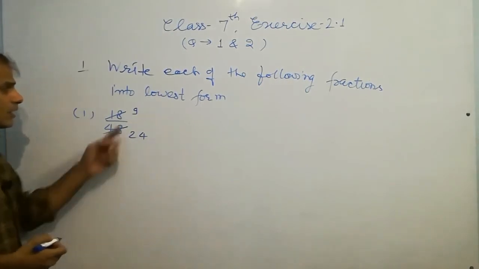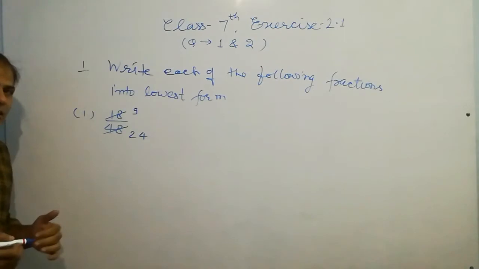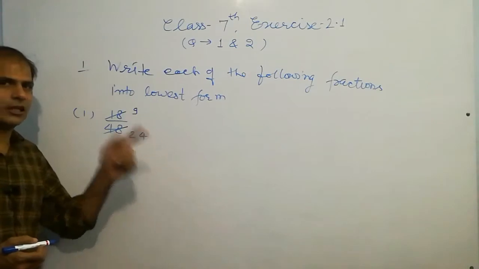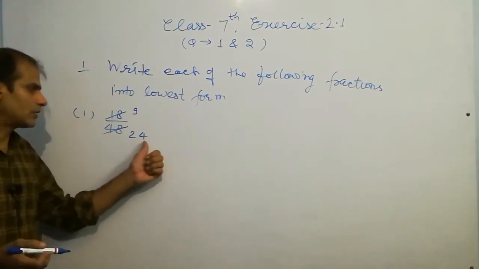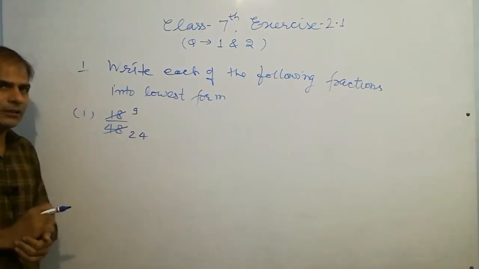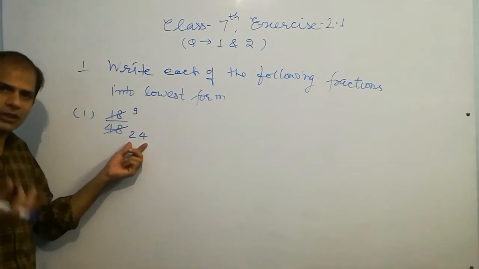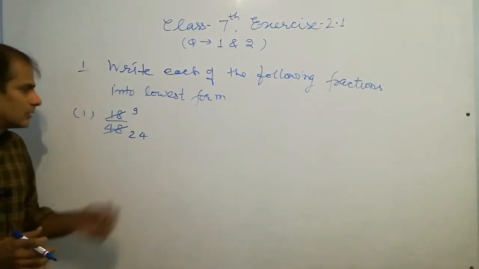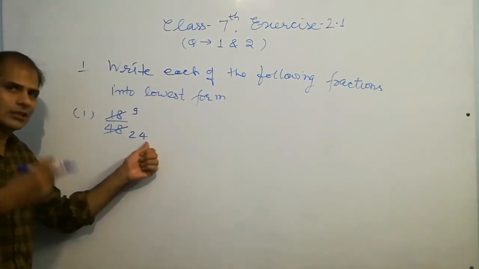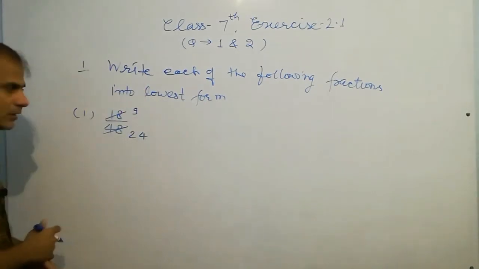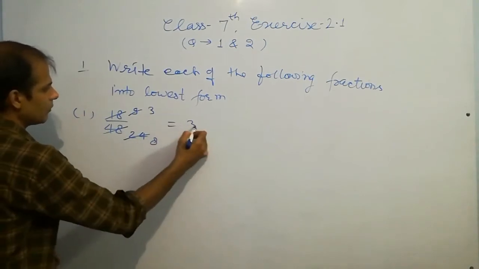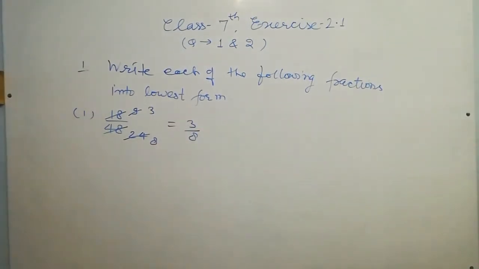Again check if both these numbers are divisible by any other number or not. See, this is 9, this is 2 plus 4 is 6, divisibility test. So 6 is divisible by 3. As you know 9 is divisible by 3. If you remember already that it is divisible by 3, not a problem, but you can check if the number is bigger. So find the sum of digits. 2 plus 4 is 6, 6 is divisible by 3, then this is also divisible by 3. By 3 we can write 3 3s are 9 and 3 8s are 24. Finally the answer is 3/8.